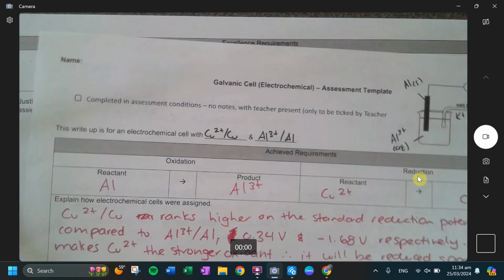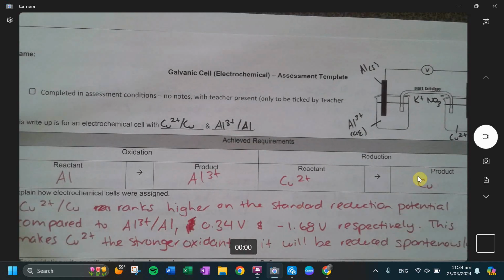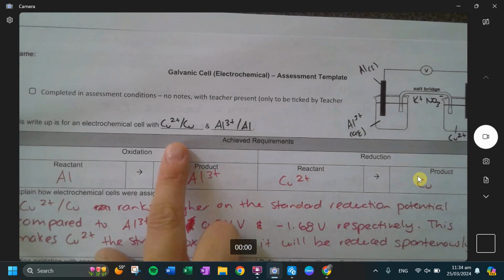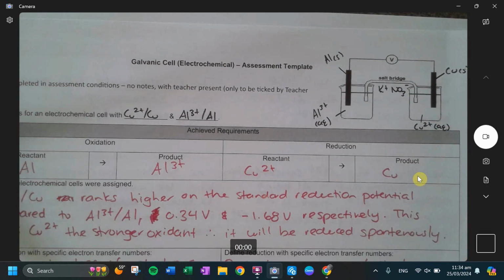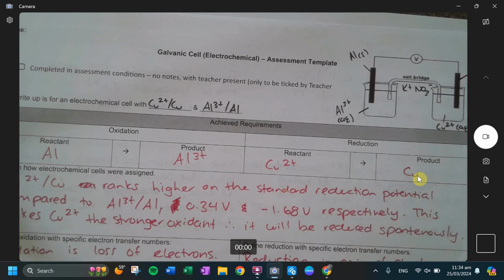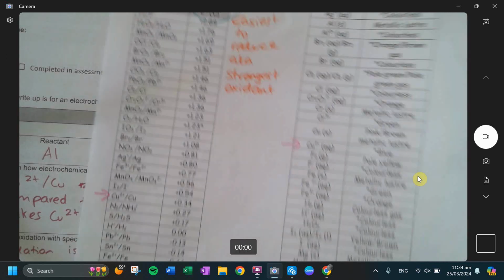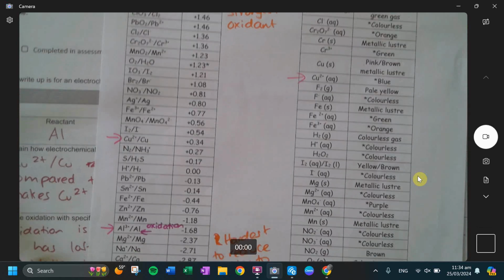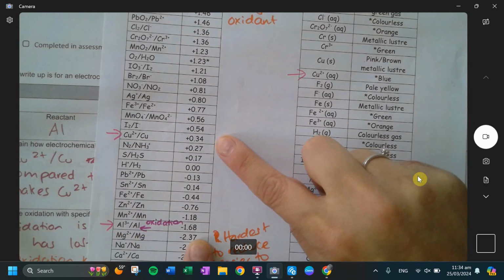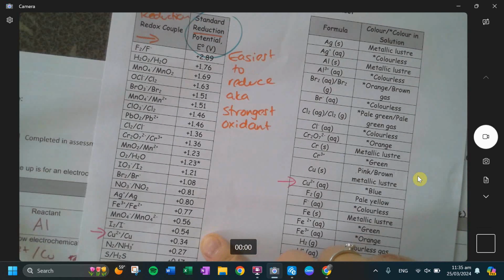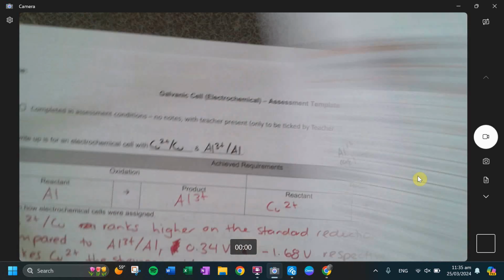Just as a reminder, what we did was we looked at the copper and the aluminum galvanic cell. We went through the achieve stuff. We figured out how to assign the two different half reactions. Just as a reminder for galvanic, you are looking to see where the two substances place. So we have copper and we have aluminum. We see which one ranks higher, and the higher ranking one is going to be our reduction reaction. That is a really crucial first step.